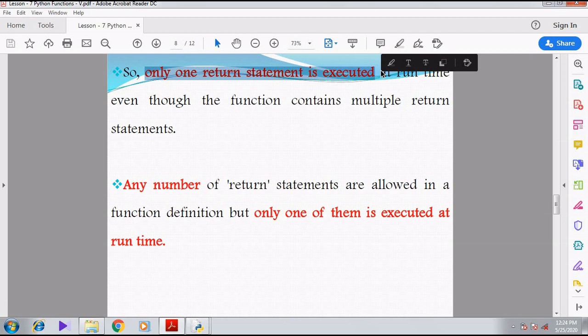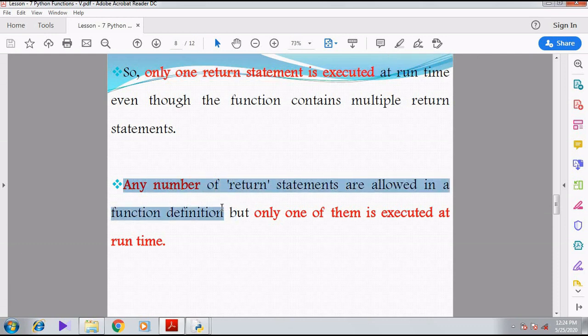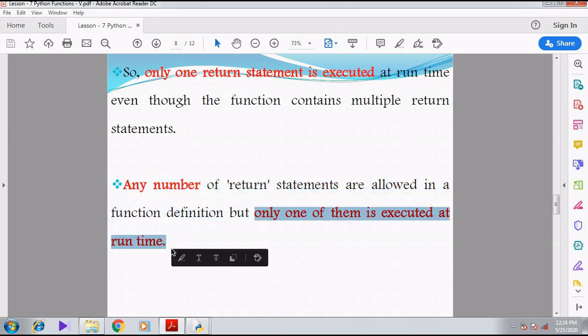See here, the same thing is given. Any number of return statements are allowed in the function definition, but only one of them will be executed at runtime, because only one return can be executed, not more than one, because the output should be one value. It should not be more than one value, right?